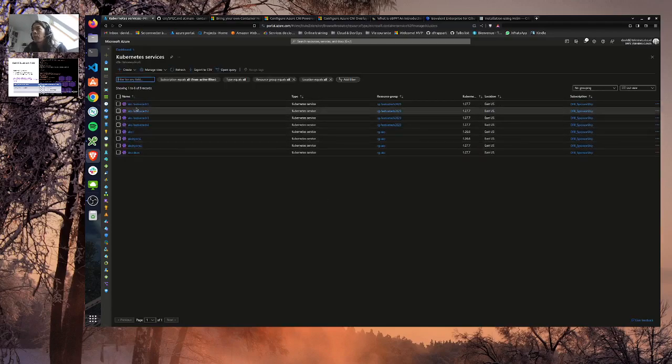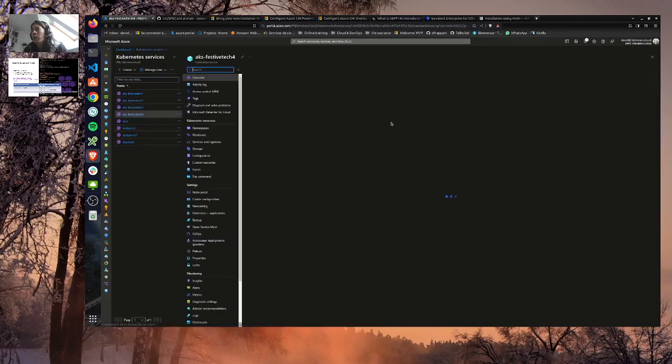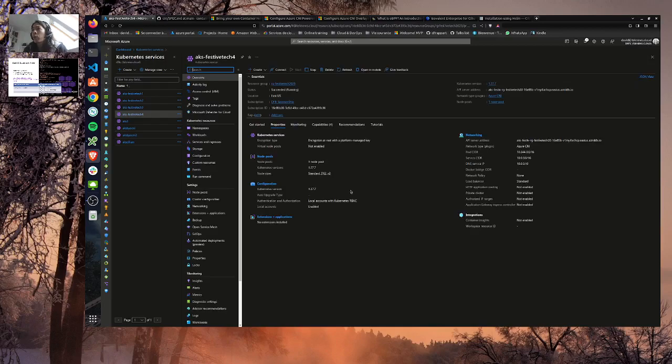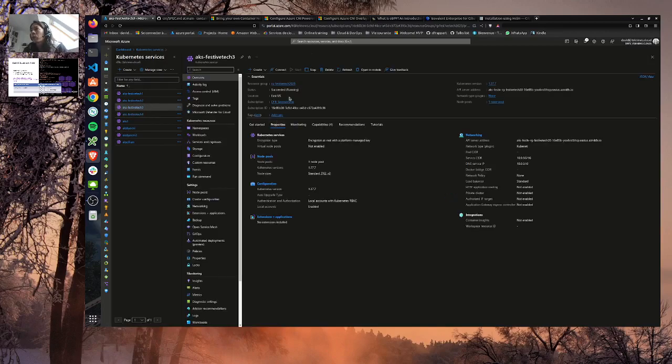You can see I have 2 running clusters already that I will be able to use afterward, and I also have this new cluster that I just deployed, and this one also that I just deployed. If I check this one, the Azure CNI powered by Cilium, what do I get? Well, succeeded running, so it means that it's running, so it should be good. And then I also have this one, which is also succeeded running.